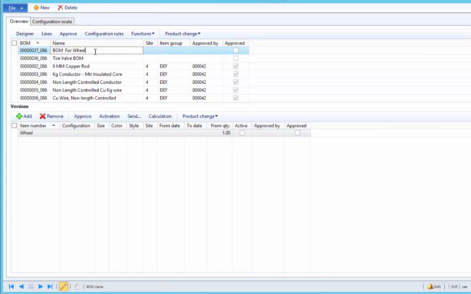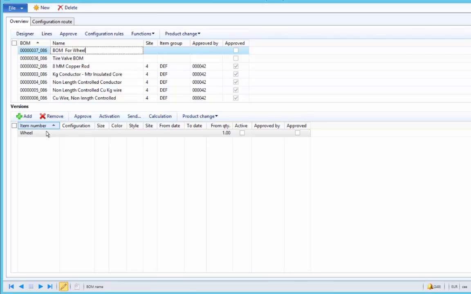However, as we learned earlier, in the bill of materials form it is not mandatory to specify an item. We can construct the BOM without linking it to any item, and we can link the item at a later stage when the BOM is confirmed. This form is especially used for research and development purposes. When we want to construct a new BOM that is in the planning stage,